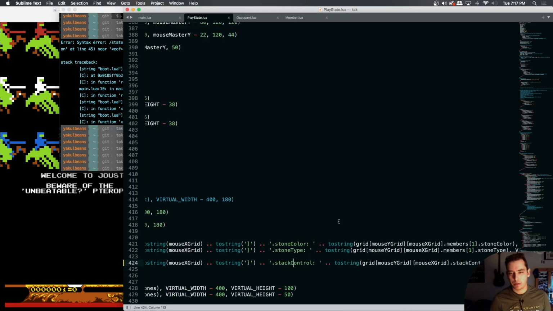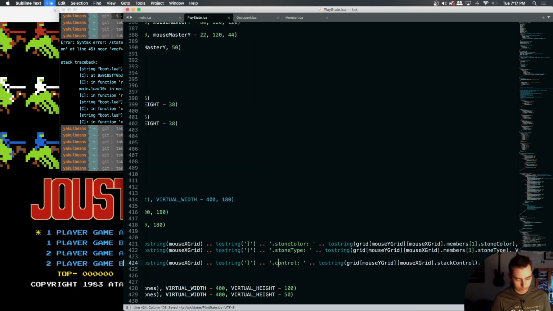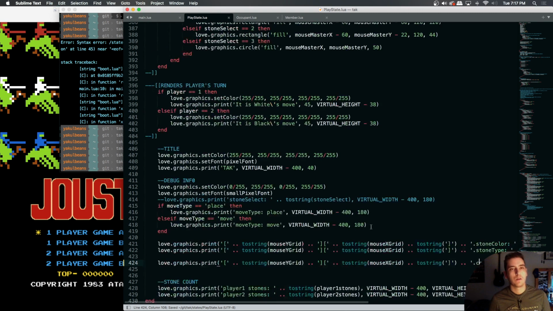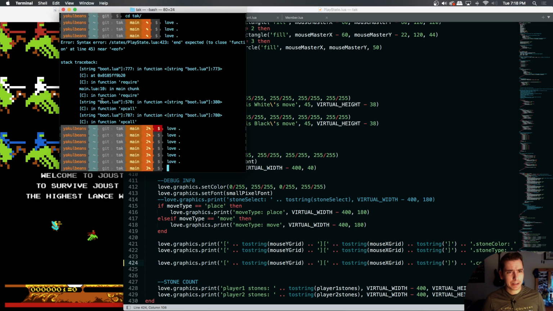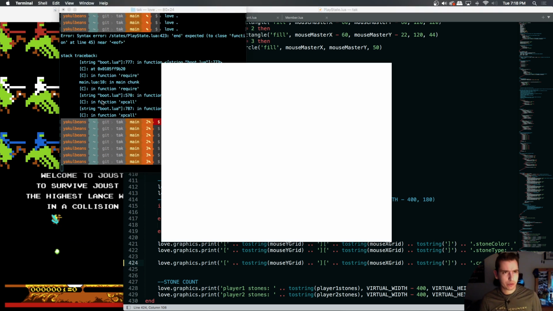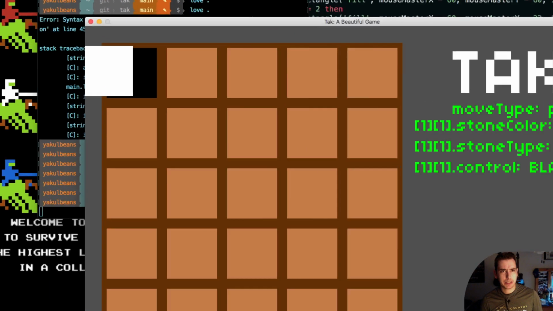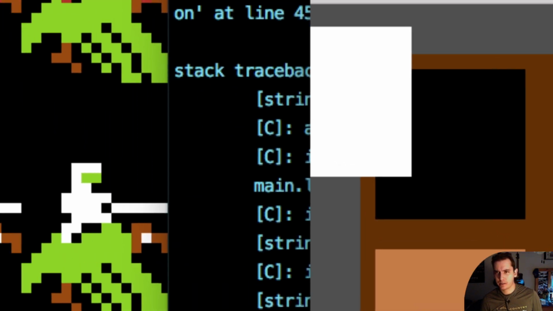The next thing I want to do, we need to be able to add another member, right? Now we need to be able to set, since it's a top-down game, the first square completely takes up the square, right? So